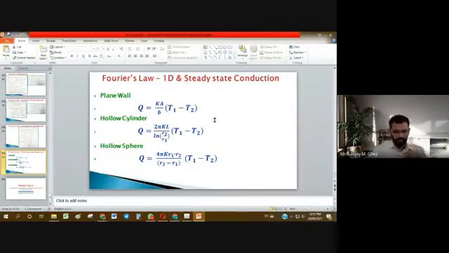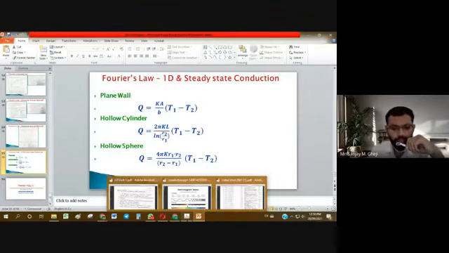So in practice, you will find many such applications and examples where these formulae will be very helpful and useful to find out the rate of heat transfer. All those things you will come to know when we actually solve a number of problems. A lot of numerical problems cover all these formulae and all the ranges and variations. Now, with this background, let us move further.